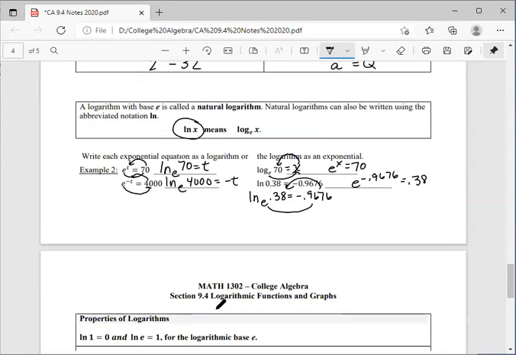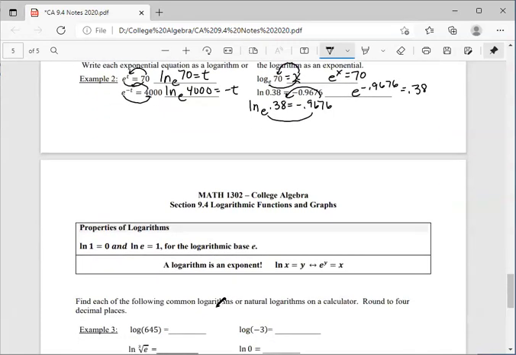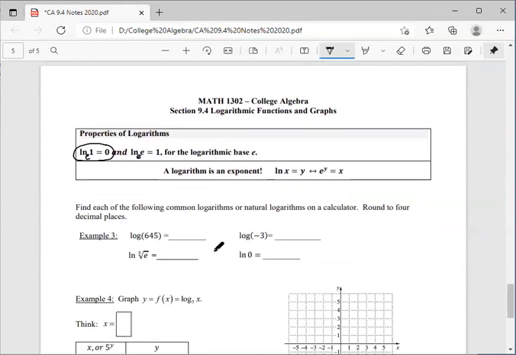Okay, you good? So just like those other properties, e raised to the 0 power is 1. That's a property that you could memorize. You don't have to. You can always type it in your calculator and it'll tell you. But if this is ln and both of these are e's, well, of course it's 1 because you're dividing ln of e by ln of e to figure out the change of base. So it's 1. Okay. So they're asking us to find the following common logarithms or natural logarithms on the calculator,